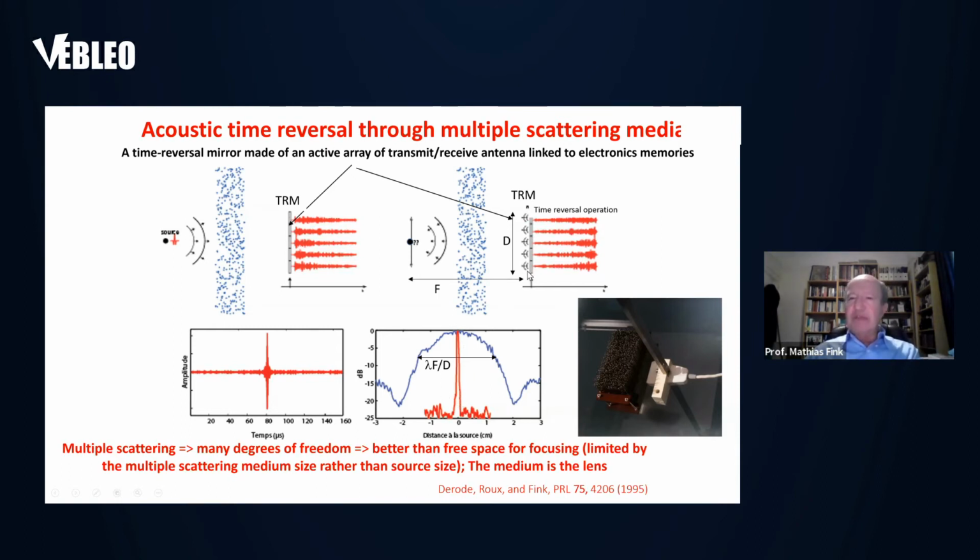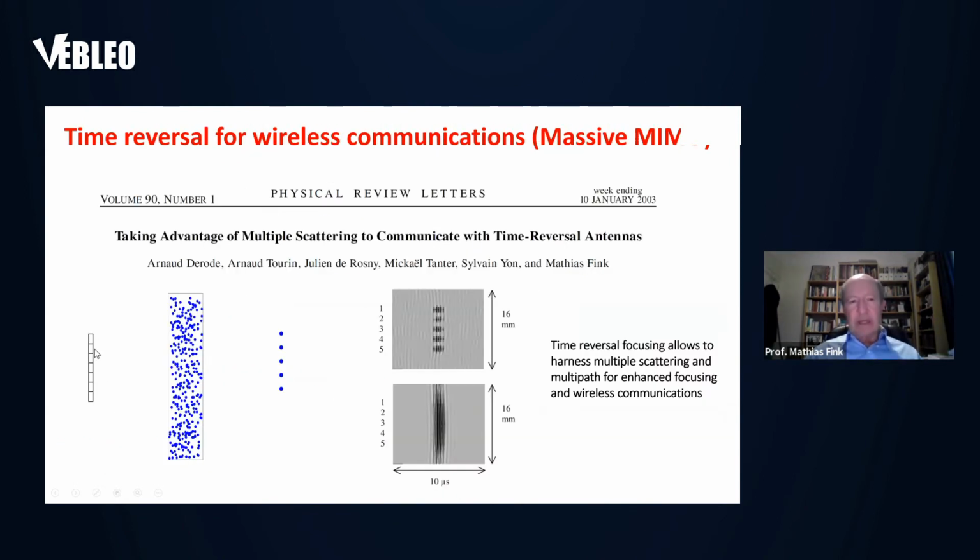But now you can use this to do communication. Take 40 antennas here and decide that you want to send 5 different messages to 5 different people, very close to one another, typically at one wavelength from each other. And use the concept of time reversal. Excite all these, receive a signal, and time reverse. If you time reverse through this random medium, because you have the super resolution effect, you can focus independently on these 5 antennas.